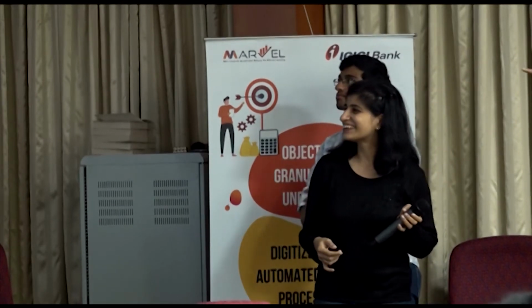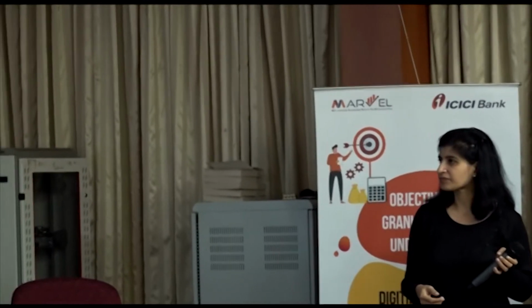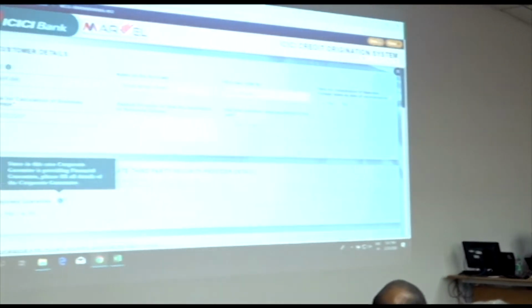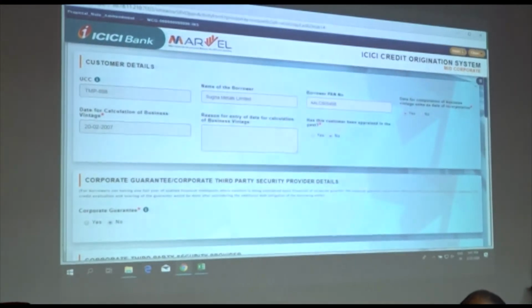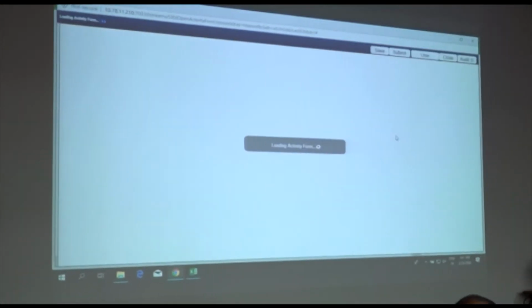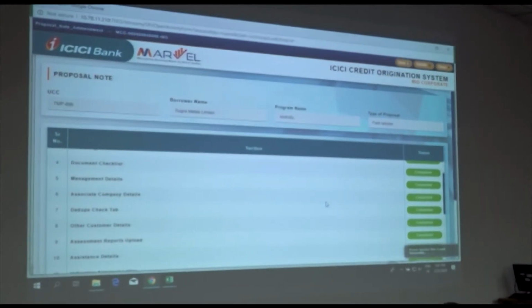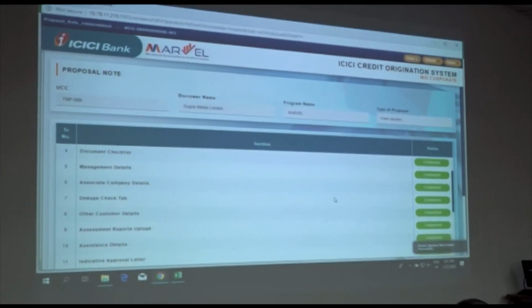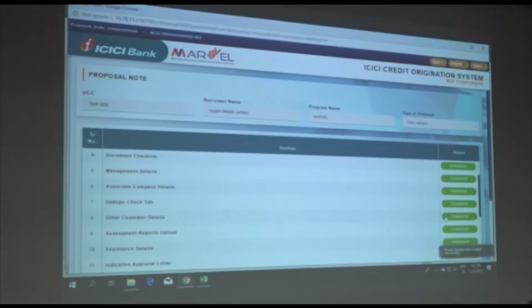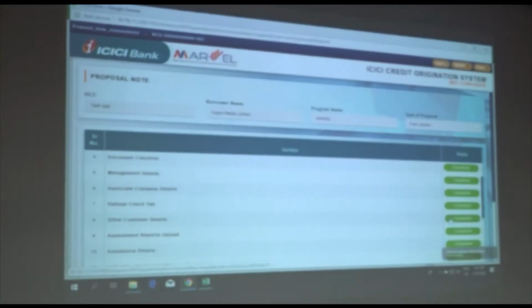So wherever you see that small blue circle, you can just put your mouse over that and it will pop up and show what you are expected to do there. If you're not happy with the quality of the info tip also, please feel free to let us know, we'll get it changed. The idea is that the user does not need to call anybody, he just looks at it, understands and puts it in. So especially, I think we would love to hear from the youngest of the lot.